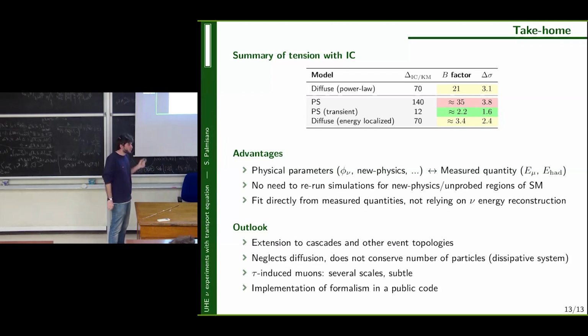With the data that we use, it doesn't really make sense to trust KM3NeT in any case in which you include diffuse, because the only data we have for low energy is from IceCube. So even if you do diffuse low energy plus point source high energy, it doesn't make any sense to trust KM3NeT alone.